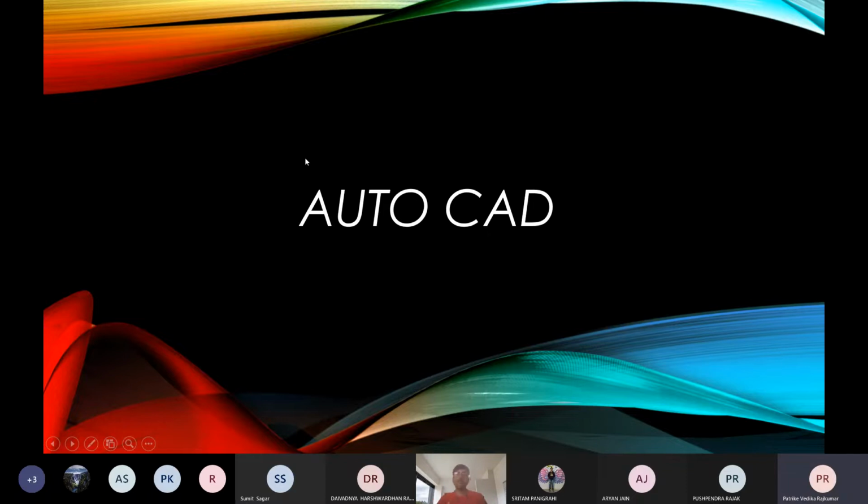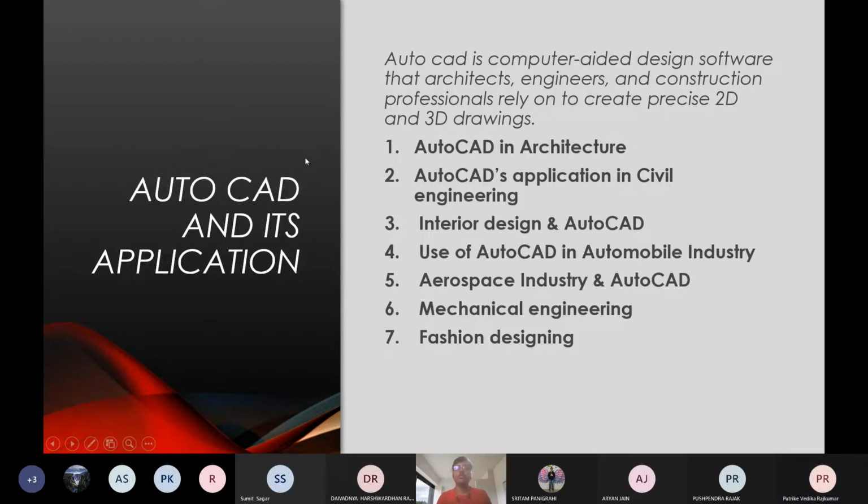So first of all, what is AutoCAD? You must be familiar with it or have heard of it. AutoCAD is a computer-aided design software where we use a computer to design 2D drawings and then convert them into 3D drawings and animations. There are many applications in different fields like architecture, civil engineering, interior designing, automobile, aerospace, and